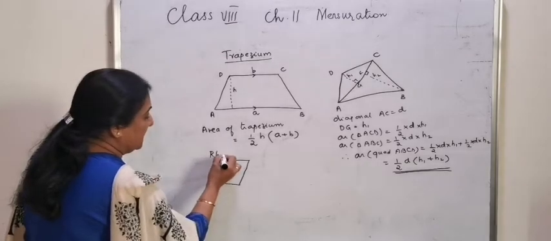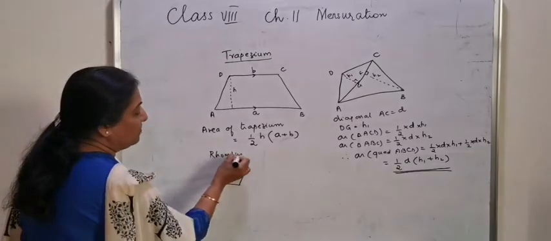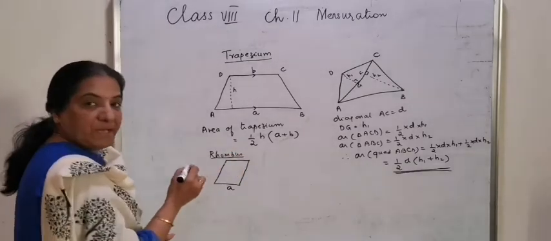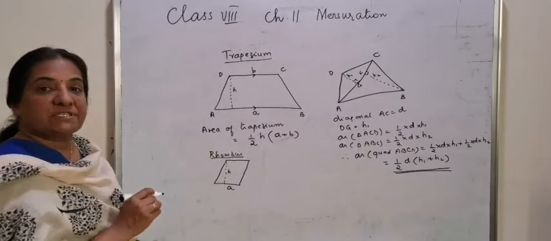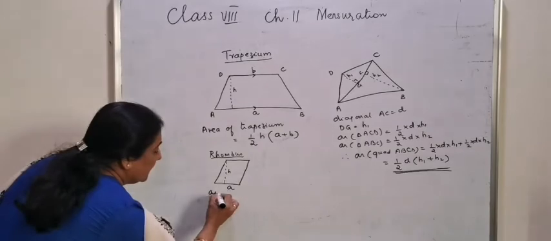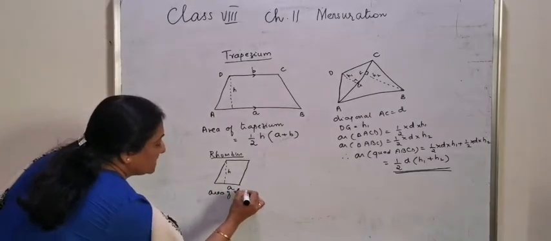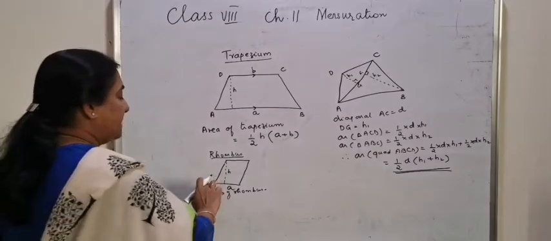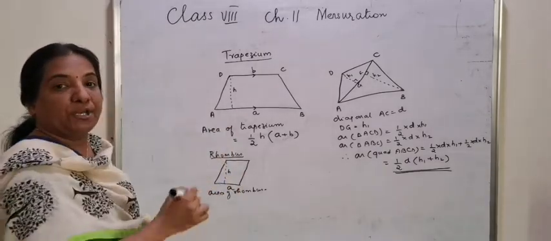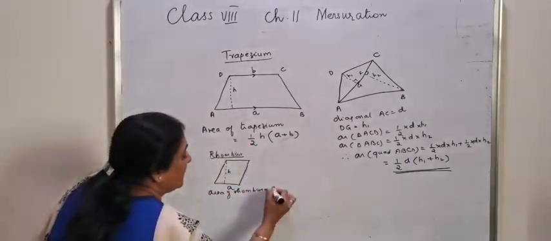Let us take the side of the rhombus as a and let the height be h. The first formula is area of rhombus as area of a parallelogram, base into corresponding altitude, that is a